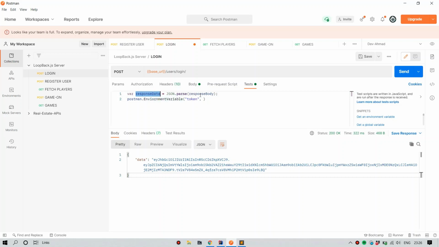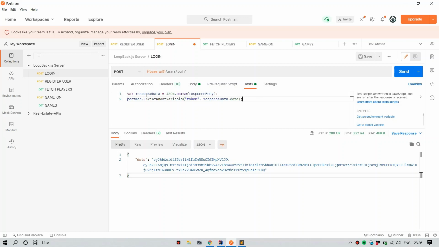So we take response data. Whatever we get in the response body gets saved here, and whatever is in it we can access here. In the response data we get the token in the data variable, so we can access the data variable, and done.